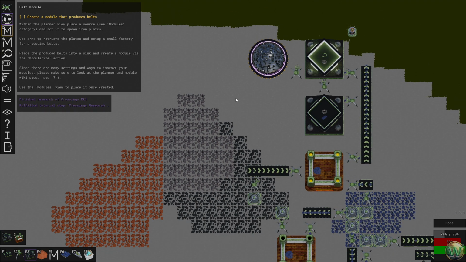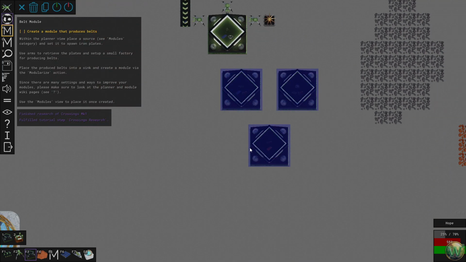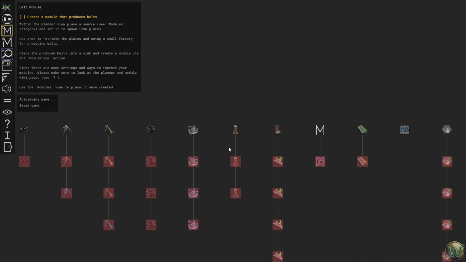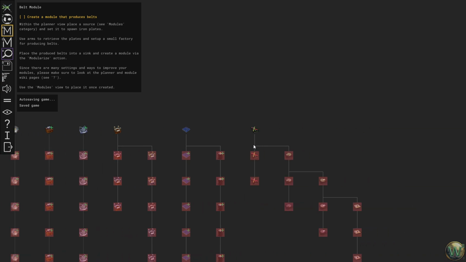Create a module that produces belts. So modules are very unique, we're not going to do this right now though. Modules are a very unique thing in this game. And actually before we do that, let's come in here and add something else to the research. And I think that something else needs to be...